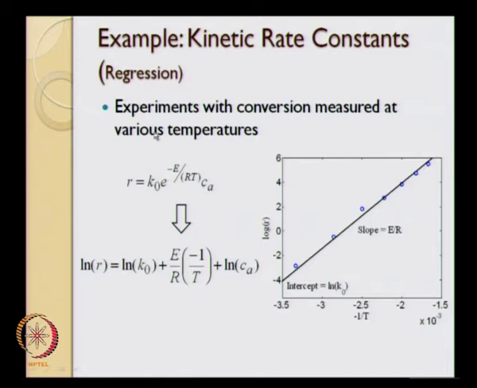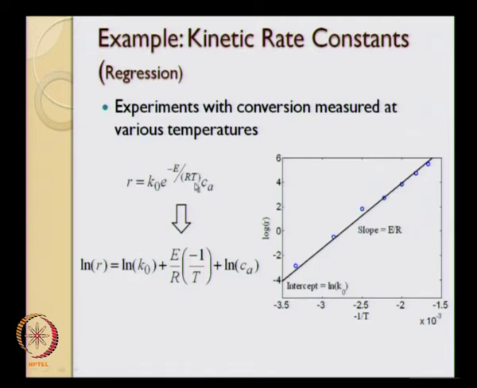So if we carry out this reaction in a batch reactor or say in a continuous reactor, we run that reaction for a certain amount of time and try to figure out the conversions. From the conversion we can get the rate, which is essentially going to be the slope of the conversion right at the start of this particular experiment.